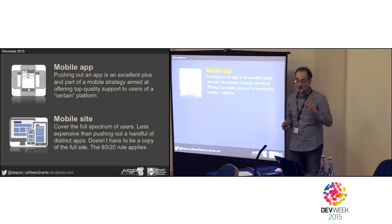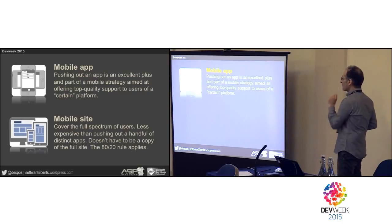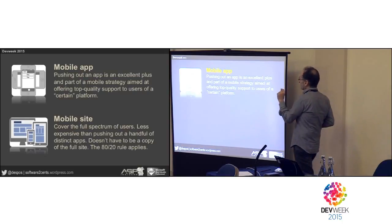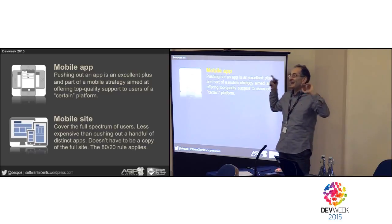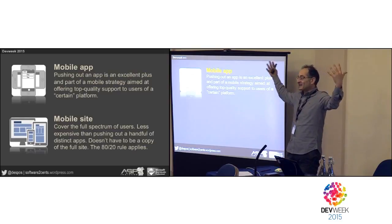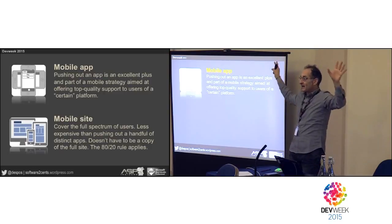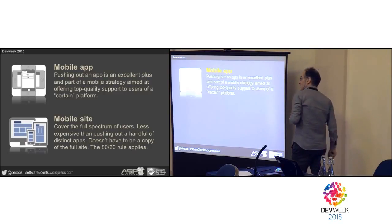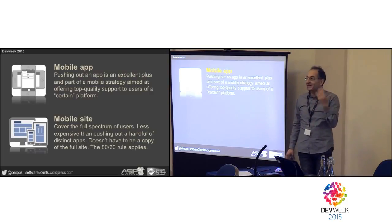a website mobile friendly. Before we get into the details of this, let me spend a couple more minutes discussing the fundamental two options you have to provide a mobile strategy, to set up a mobile strategy, where mobile in this case means just mobile. So you can have the mobile app approach, so creating a